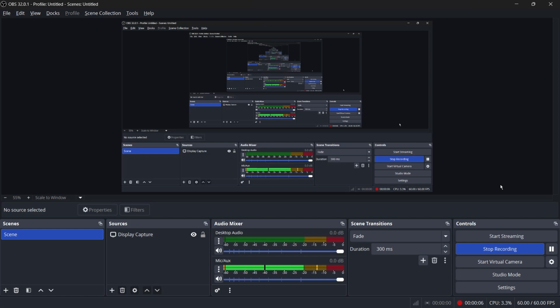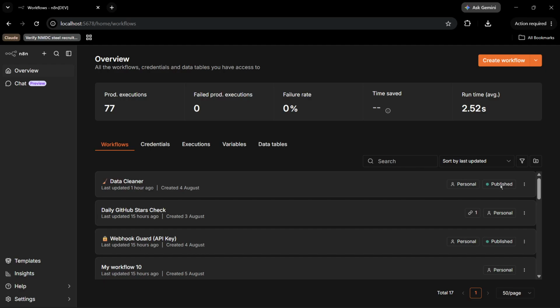In this quick and short tutorial, I'm going to show you how you can duplicate a particular workflow that you have created in your n8n instance. So if you wish to duplicate any particular workflow in order to avoid repetition, what you need to do is